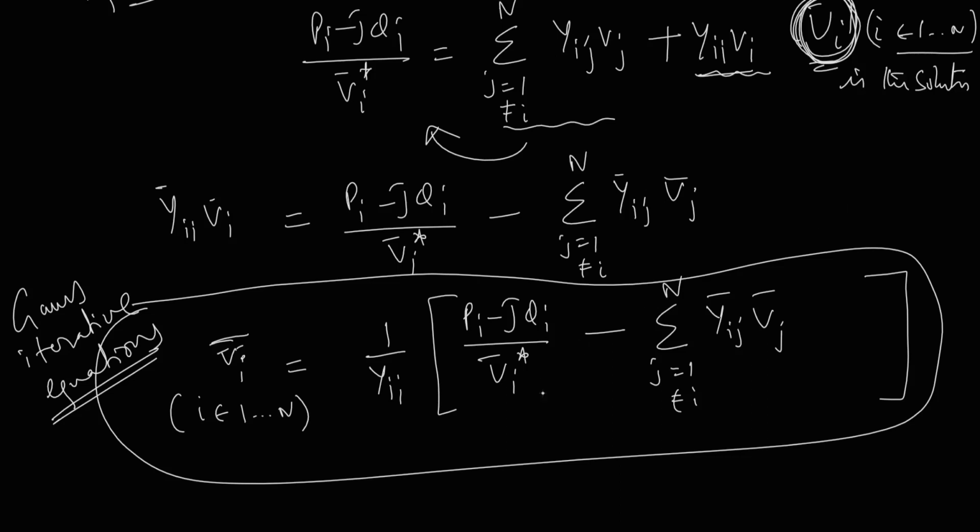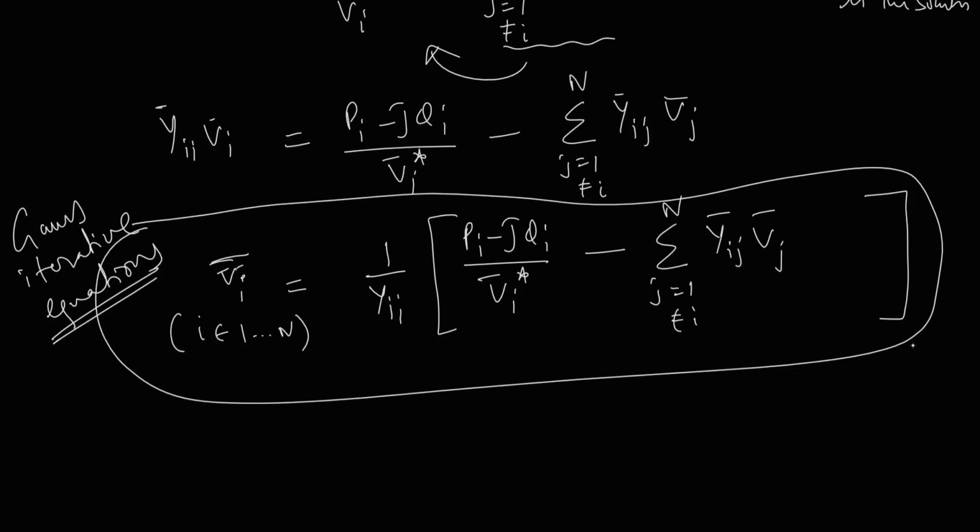Now, before I go into the iteration procedure, what I have to say is, as I said, the system has n buses in which one is slack, and there may be m number of generators, and the remaining m plus 1 to n may be the load buses, right? As I said, at the generator buses we have specified P and V.